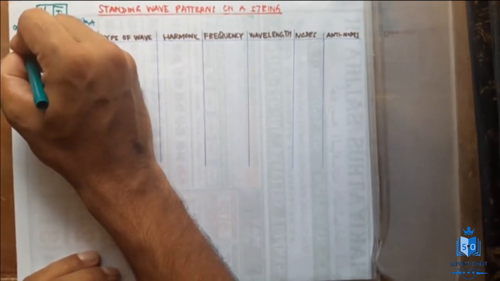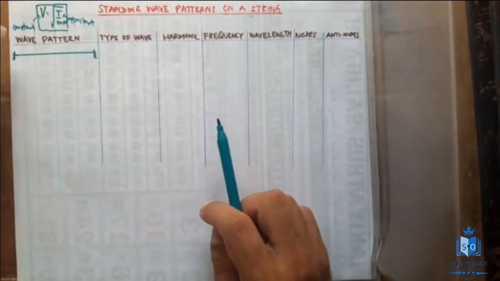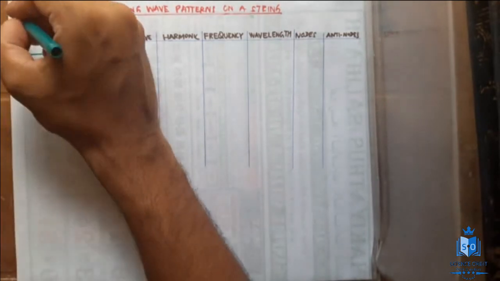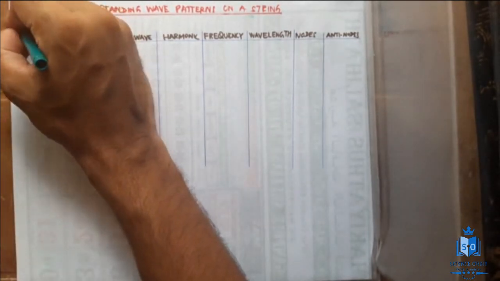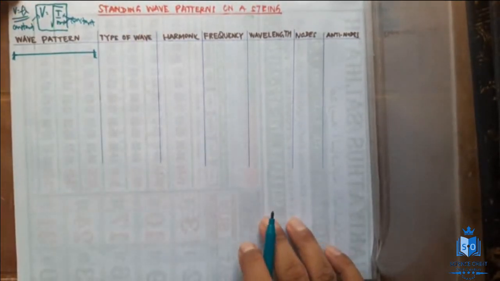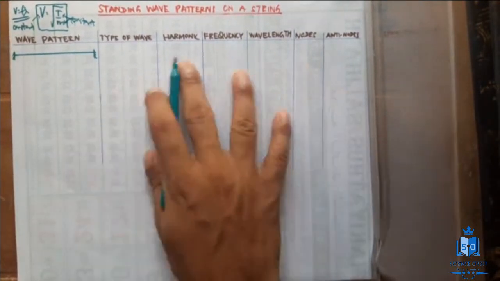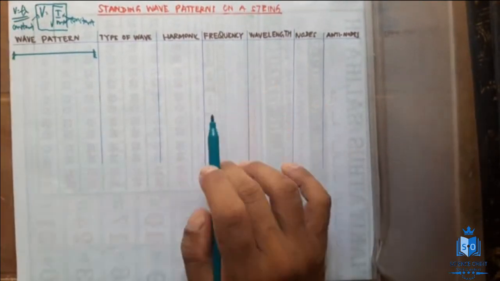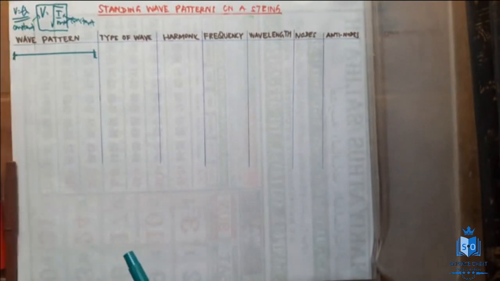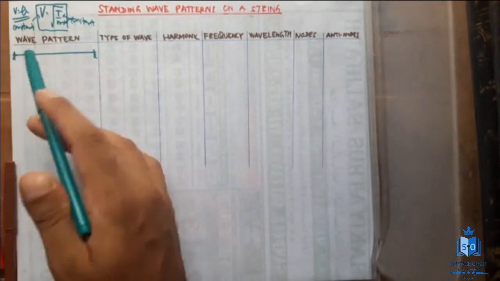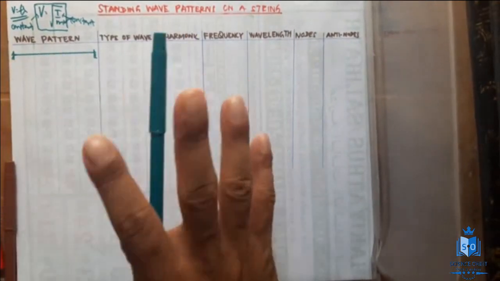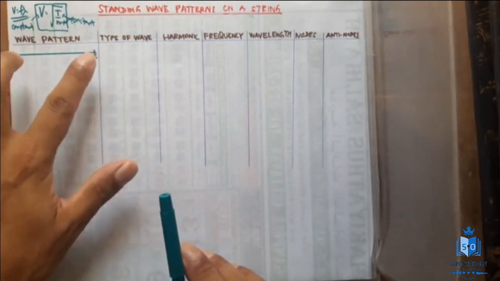Now, these two are constants, hence V is also going to remain constant for this analysis. Keep that in mind. Now, if V is constant, we know that V is equal to F lambda. If F is changed, lambda is going to change. So, first we have to establish that. Now, this is the string, and before we move on, there is no wave here. So, initially we start at 0, nothing here, no wave,